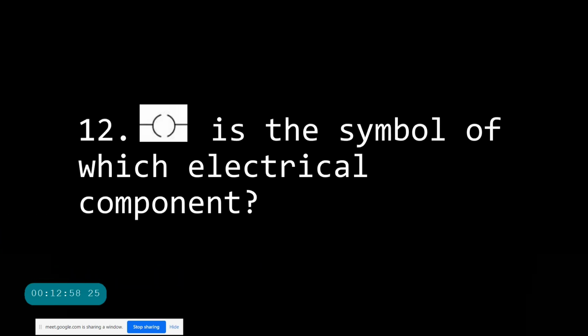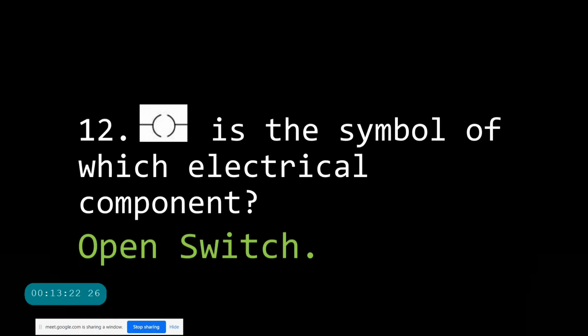Now, this electrical component, which symbol is this of? Open circuit. Not open circuit. You already told it. Open is right, but not circuit. What is that? Key. Key plug, and it is also called a switch, right? Open switch. When the switch is open and the connection is not done, that time this symbol is used.